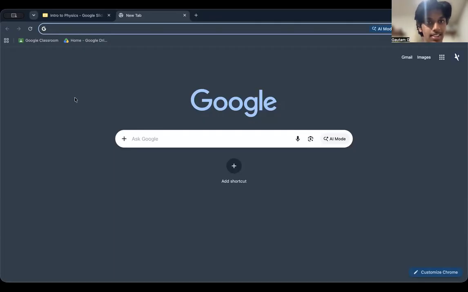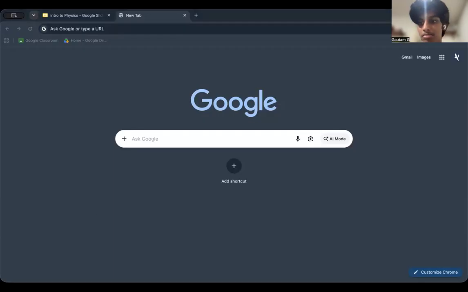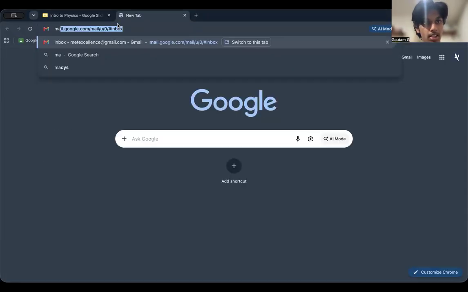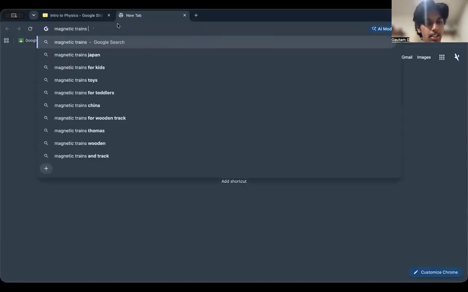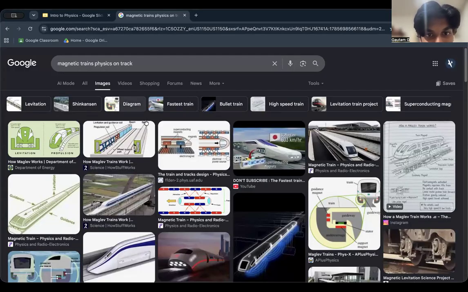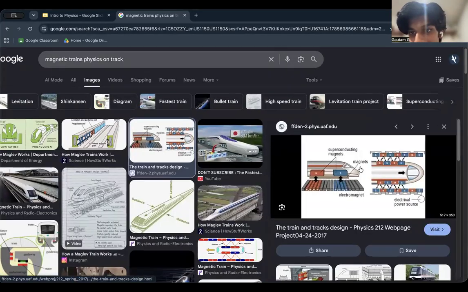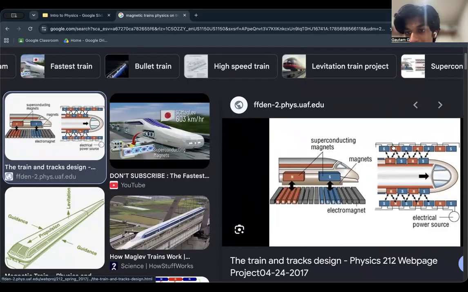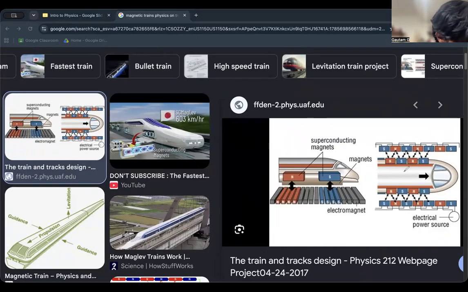Magnetic, I'm curious now, sorry. Magnetic trains, physics on track. Let's see if that works. Okay, this is what I was talking about, right? You see how I drew the picture? This is what I was talking about. This is actually a really good picture. But if you look at it, this goes here and you can kind of see how